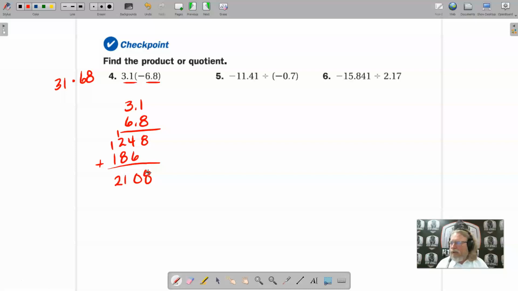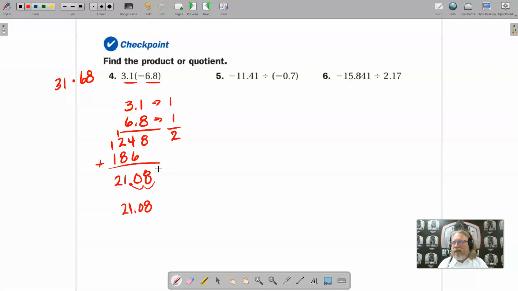And I'd end up with 8, and 6 plus 4 is 10, carry the 1, 10, 11, carry the 1, and 2. Now, where the decimal goes is determined by how many places there are after the decimal here. So here we have one number after the decimal, and here we have one number after the decimal. We add these values together, which is going to be 2. So I need 2 decimal places. So I'm going to start right here, go over 1, 2, and put the decimal there, and my final answer will be